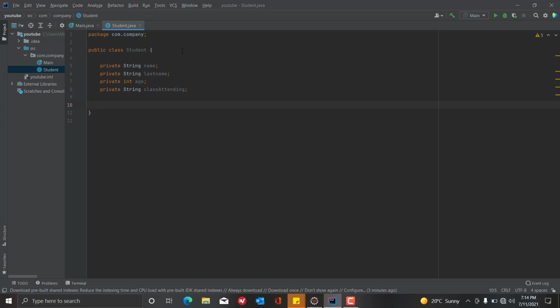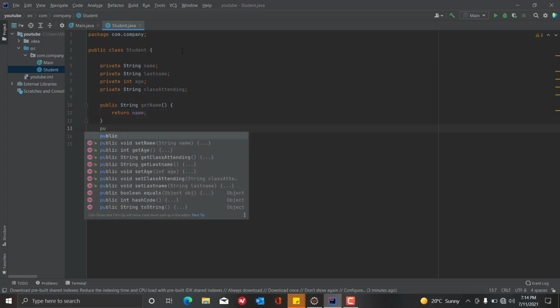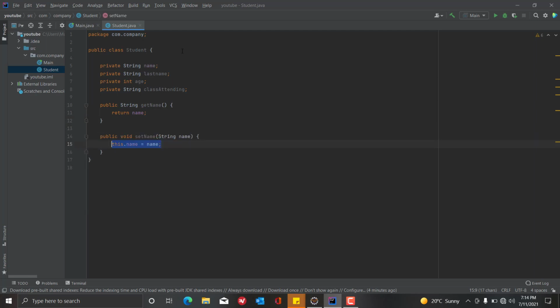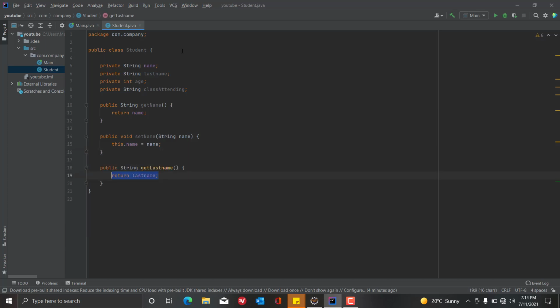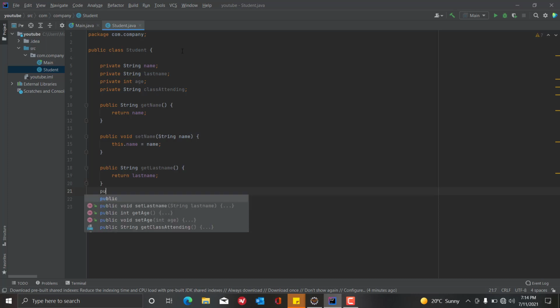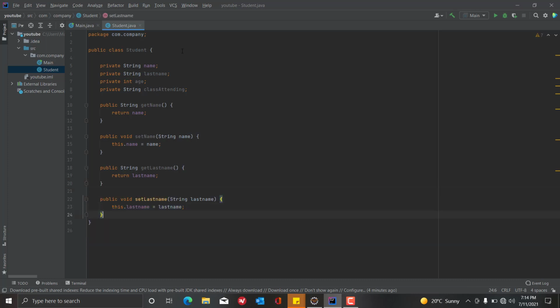And then now you know that since our variables are all private, in order for us to be able to access them outside of our class, we're gonna need setters and getters. To set, we're gonna need setters. To get, we're gonna need getters. And they're gonna have to be public. So public string get name, public void set name, and public get last name, yeah, and public void set last name,